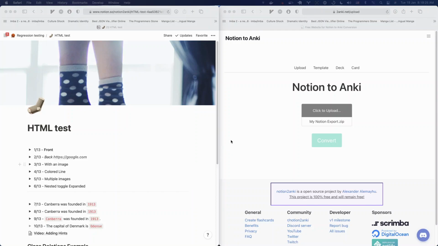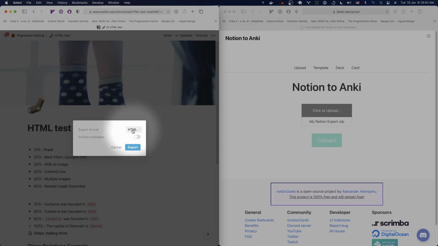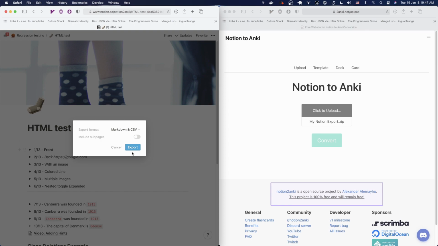In this video I want to show you some of the common problems I've seen people have with Notion to Anki, and this is especially for beginners. Let's take a look at the exporting stage. If you're here, one mistake that you can easily make is when you hit the export, you don't have the HTML option. So sometimes beginners use the Markdown option, which is not going to work,